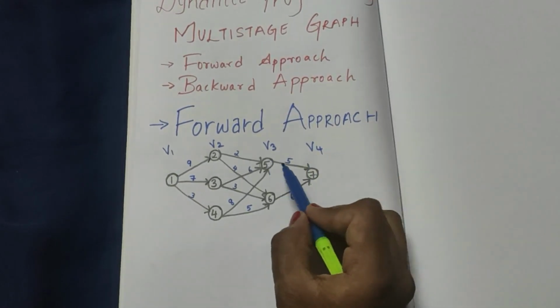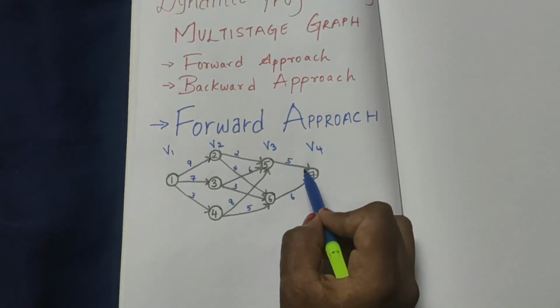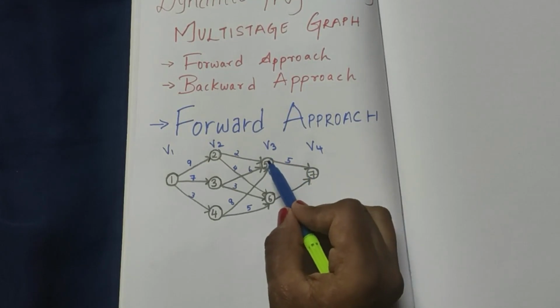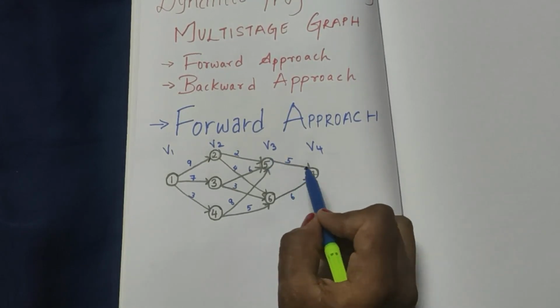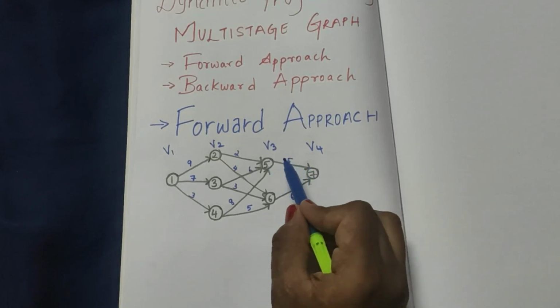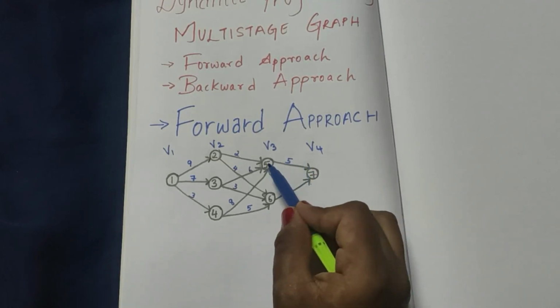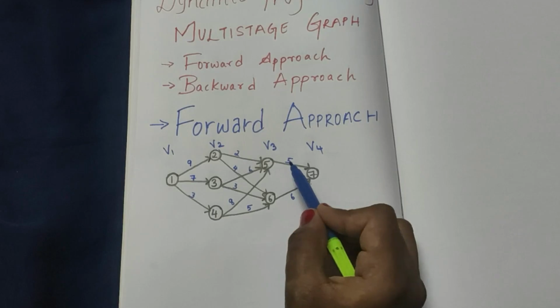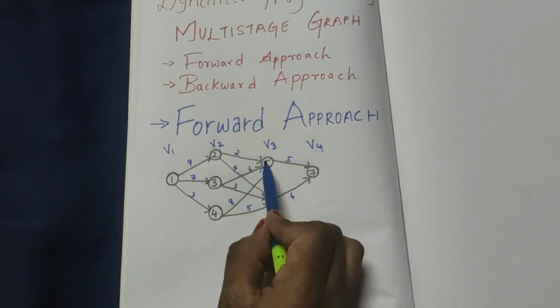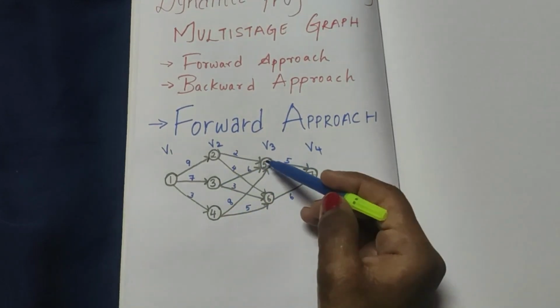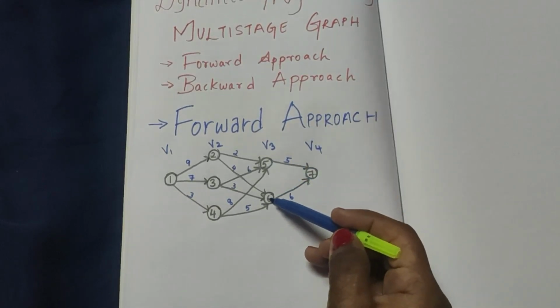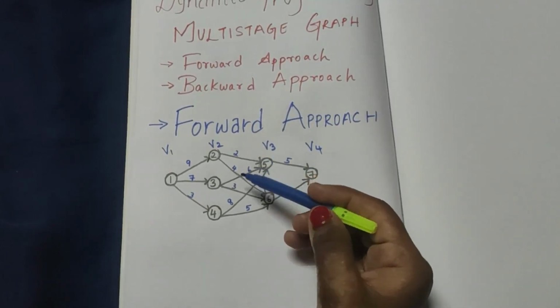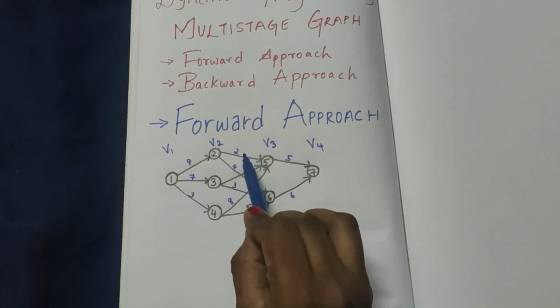Now if you see from 5 to 7, there is a single arrow where only one vertex is connected to another vertex using a single arrow. So here you can find the cost directly, that from vertex 5 to 7 the cost is 5. But if you see here, they have two arrows which are connected to 5 and 6. So here you need to use the formula to find which is the minimum value.